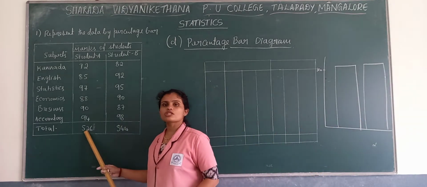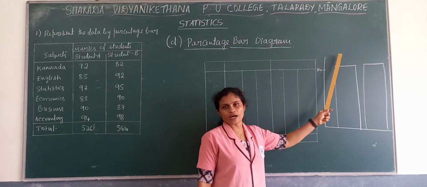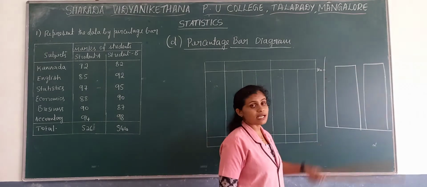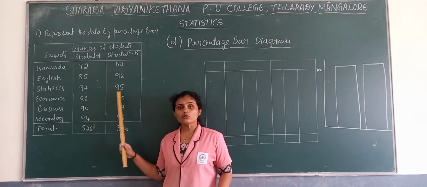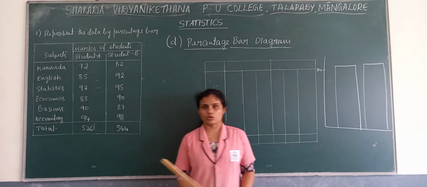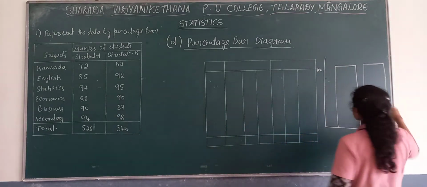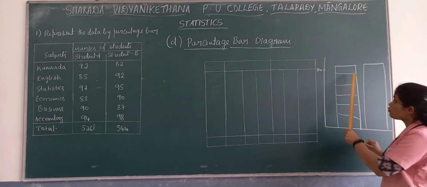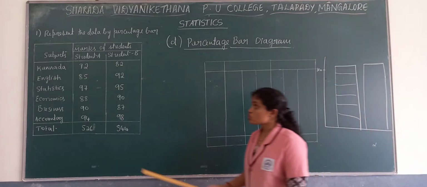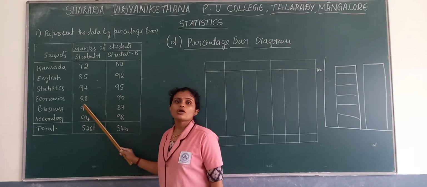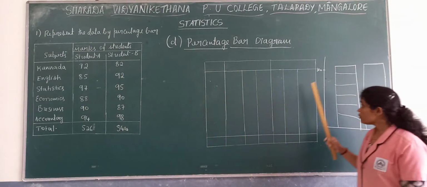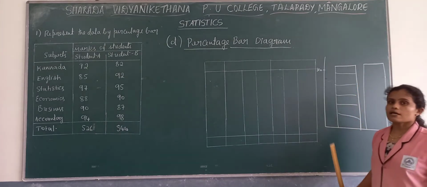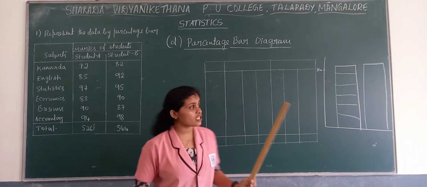Subdivided means directly to the total we draw the bars. The length will be equal to the total. But here the length is always 100, because we convert it into percentage, then we take the total. So after drawing the bars, again the same as subdivided, according to the percentage we divide. Not for the actual value but for the converted percentage value we subdivide the bars in case of percentage bar diagram.